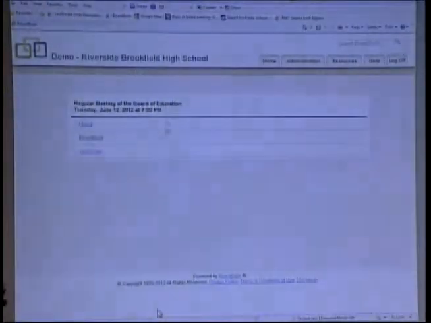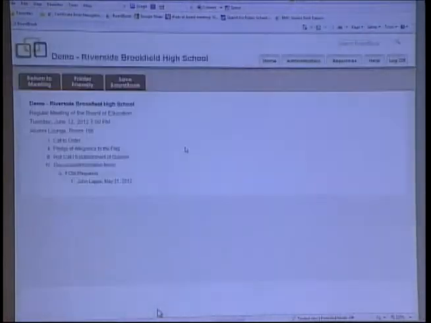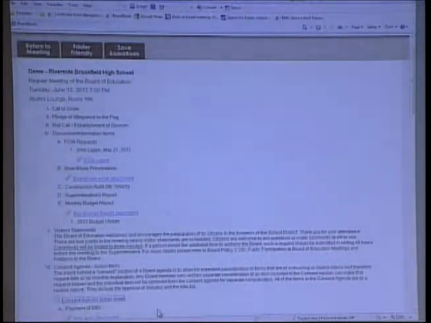We're going to come back into Board Book, talk a little bit about Quick View. If you're not really a note taker and you have internet access in the boardroom, you might like this view. You can simply click a file when you need to look at it, and it opens that page. You can look at what you need to and close it and carry on with the agenda. You do have to have internet access, though, when using Quick View. It's always a good idea to save your board book as a backup in case you lose that internet access in the boardroom. And you have another opportunity to do that here with this tab on Quick View.